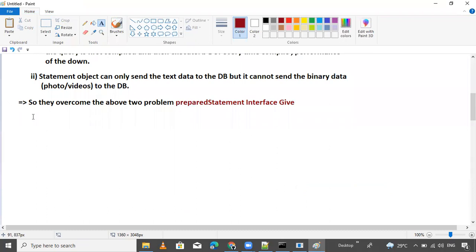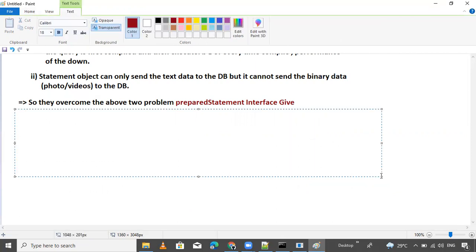Now about the PreparedStatement. This is a very important point. How does PreparedStatement overcome these two above problems? I will tell you.